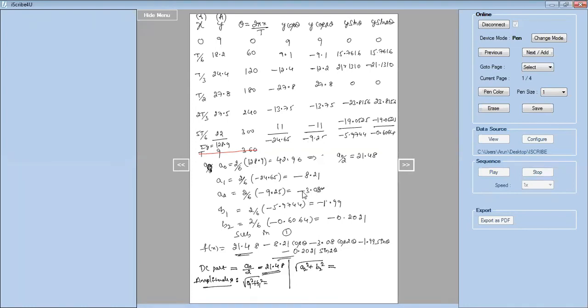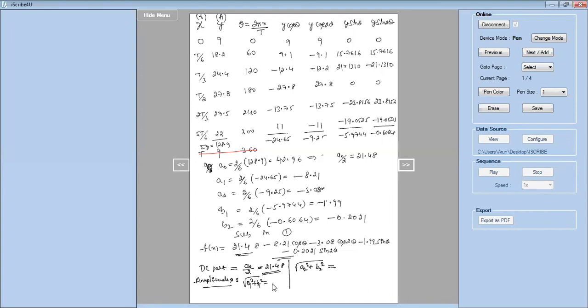So this is how we can solve this problem, and this is one of the most important and frequently asked questions in VTU. This problem was repeated many times. They may change the data, but this type of problem, asking for the direct current part and amplitude up to some harmonic, was asked many times. Practice this. This is how we can solve a problem on harmonic analysis.